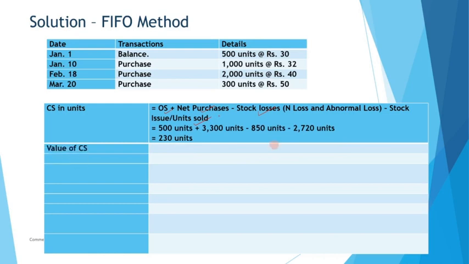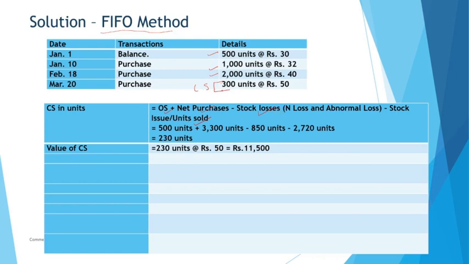Then the measurement of closing stock, if we are following here, we are given to follow the FIFO approach. So first in first out implies that initial units will be sold off and your closing stock will be from the latest lot. So 230 units can be fully covered from this lot. So your closing stock is 11,500.